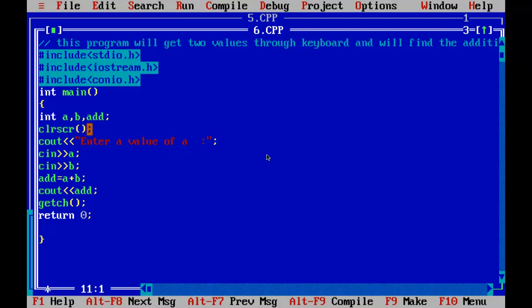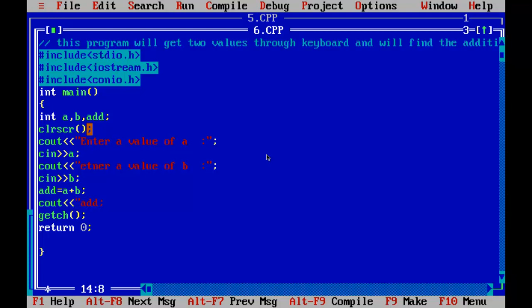And same for B, cout, less than sign, enter a value of B, semicolon. No variable or anything, it is a message only. And here cout is to display the value of add. We will make it also meaningful.